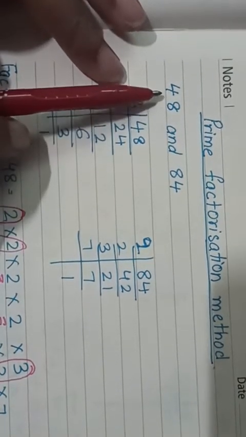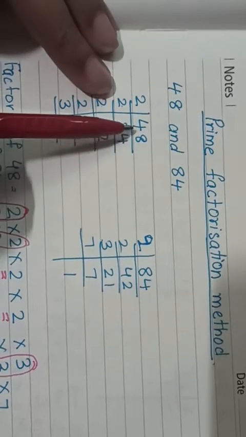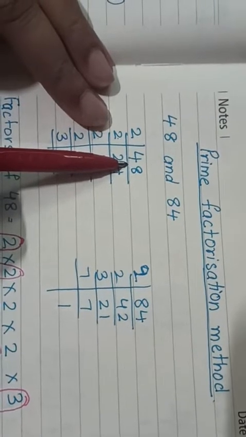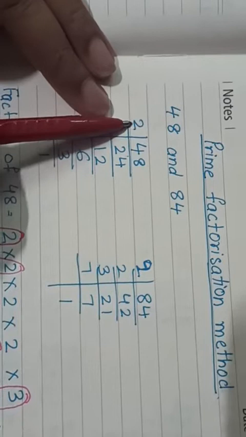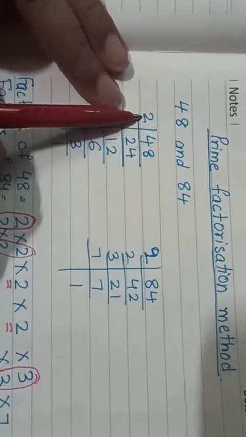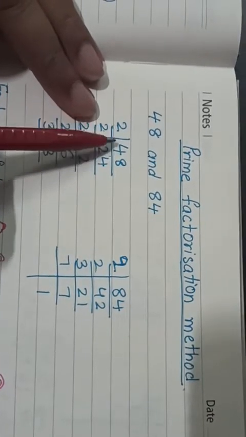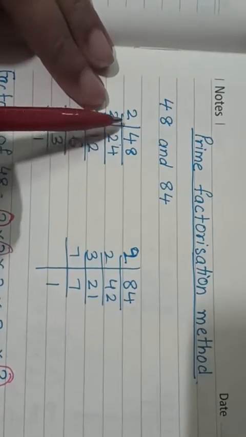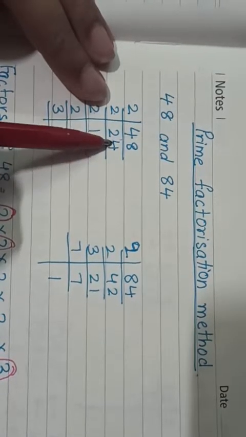So we are finding the LCM of 48 and 84. So this is 48. First we will do the prime factorization of 48. This I am doing by repeatedly dividing by prime number 2. We will keep on dividing till we feel that it is not further divisible by 2. So 48, it's an even number. It is divisible by 2. So 2 2s are 4, 2 4s are 8. Now we are left with 24.